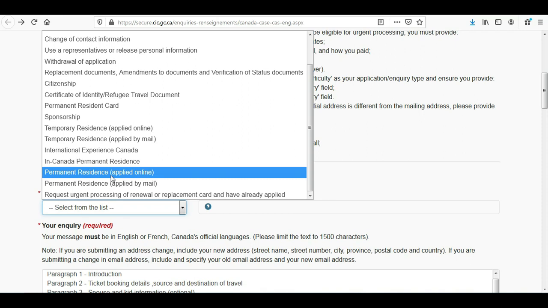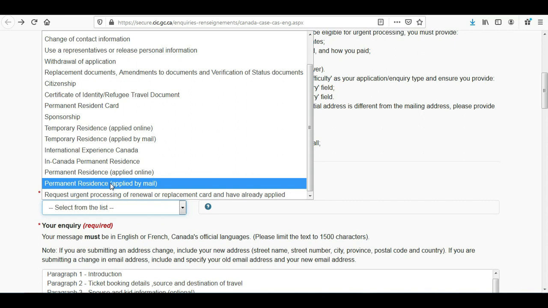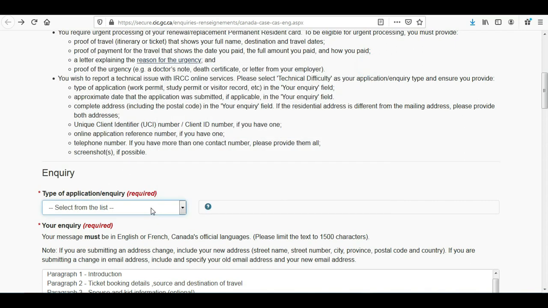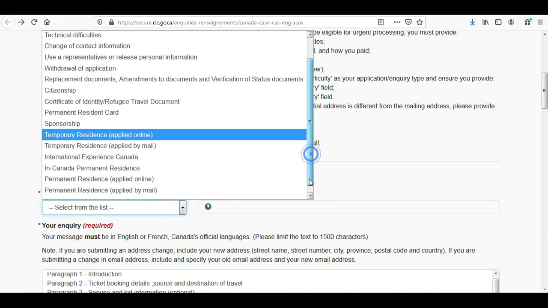If you have submitted your immigration application through mail, then you have to select the second option. Here most of the people are also confused whether to select this one or this one.